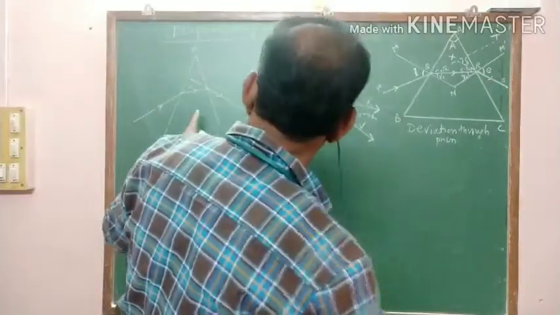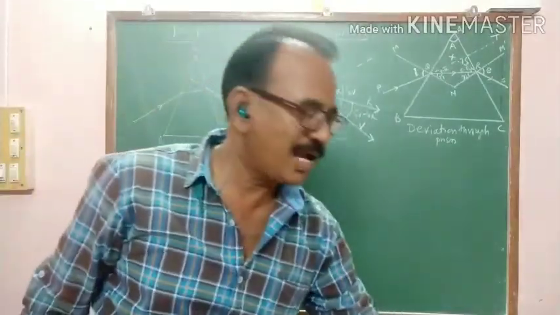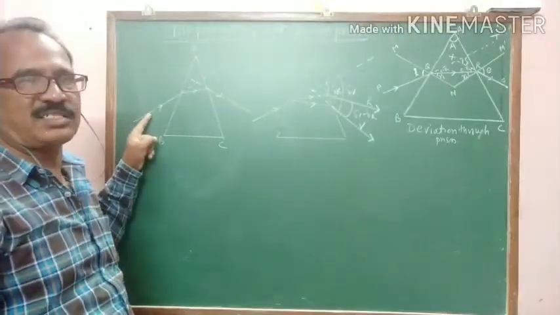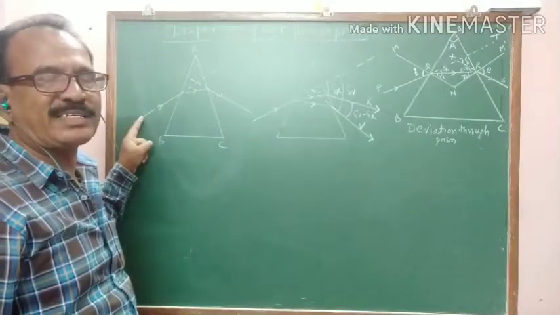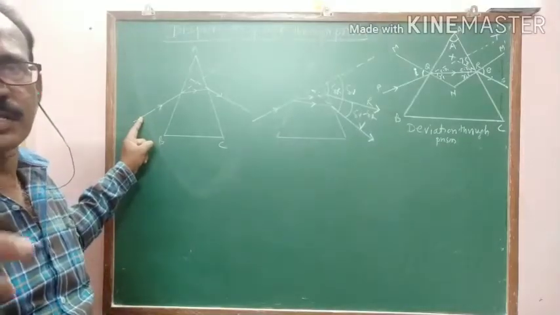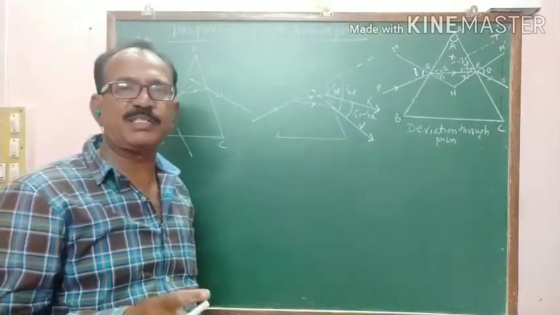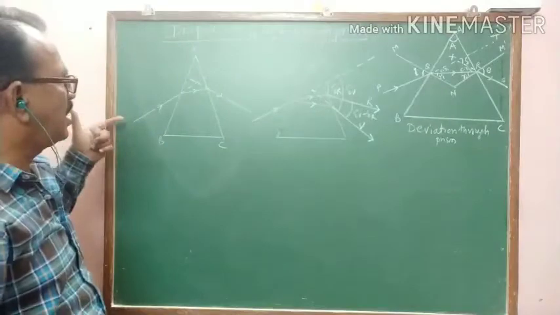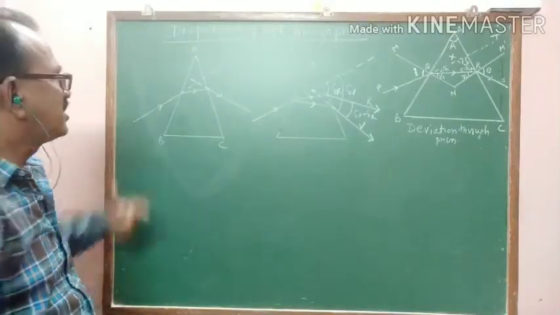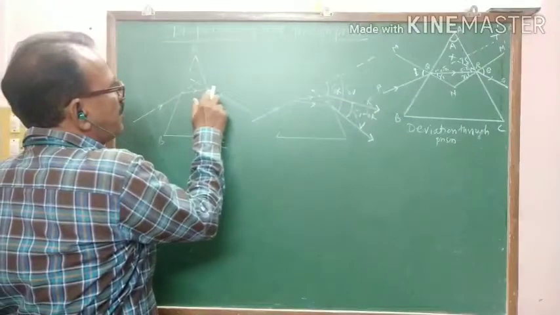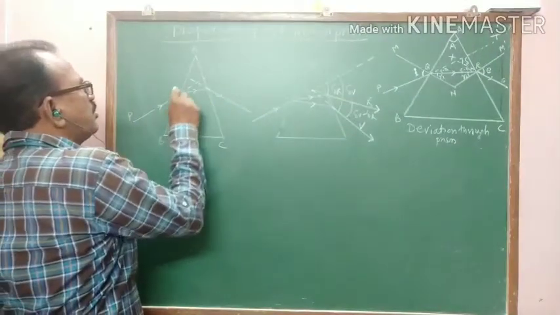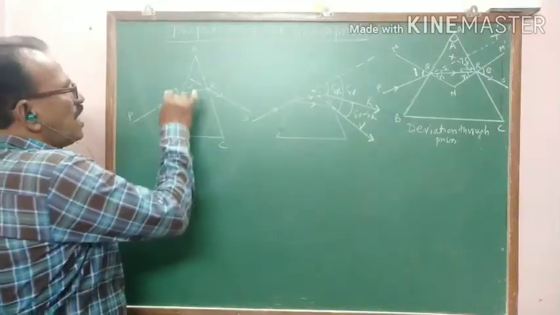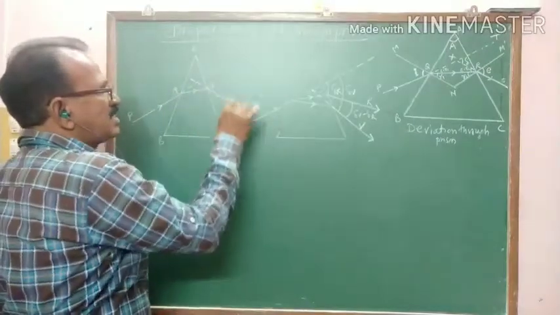So here in the first figure, I have incident a monochromatic light, because here a single light is there. It does not disperse because it has a single color, single wavelength. Monochromatic light means light of a single color or a single wavelength. Now here the monochromatic light is incident. This is the incident ray, this is the refracted ray. If you put P, Q, R, S, PQ is the incident ray, QR is the refracted ray, and RS is the emergent ray.